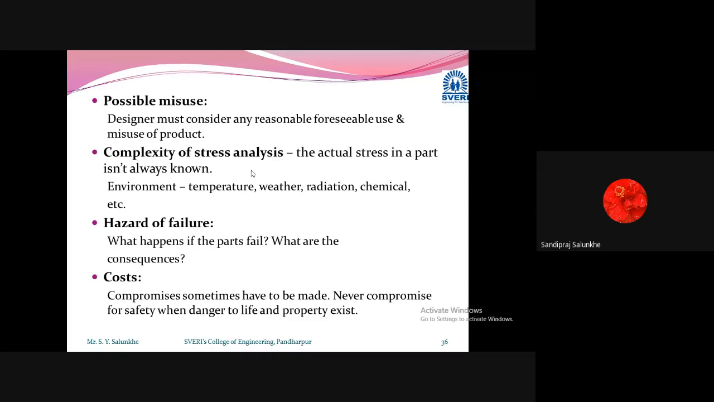Suppose we decide on a factor of safety of 5. What happens then? That part may be used anywhere, so it will become overdesigned. If the working stress or working force is 10 Newton, we will design it for a factor of safety of 5, that is 50 Newtons. But when you are choosing that 50 Newton as a force,